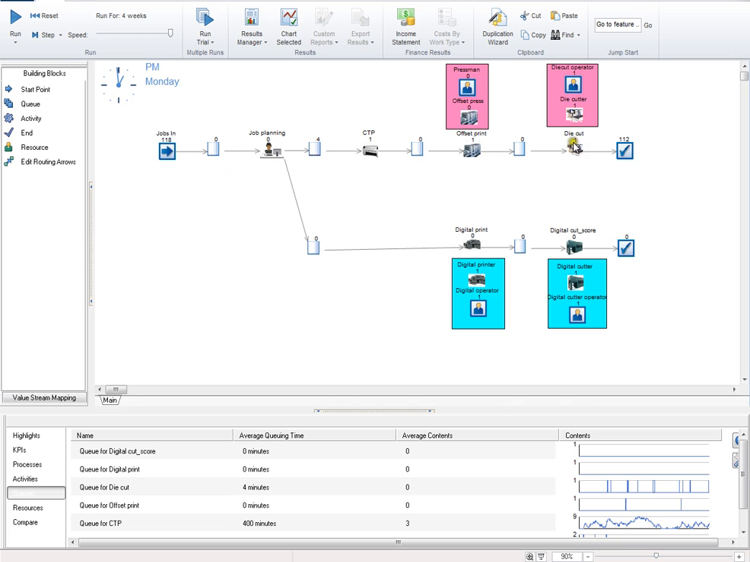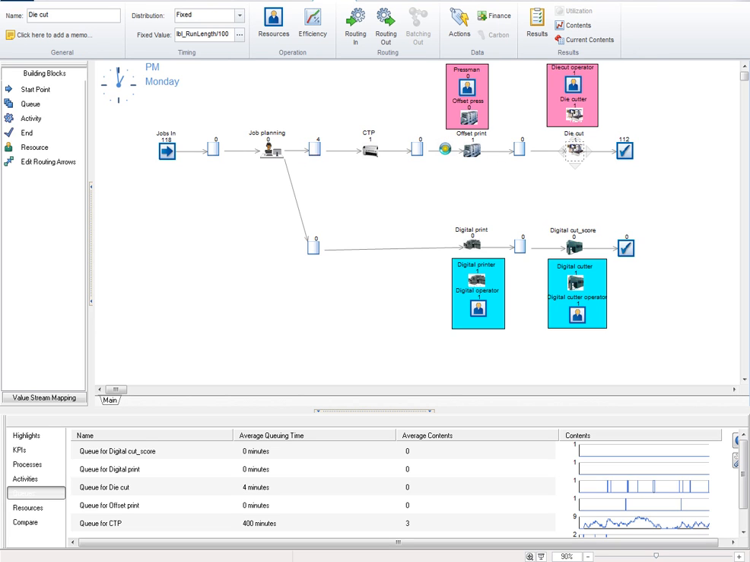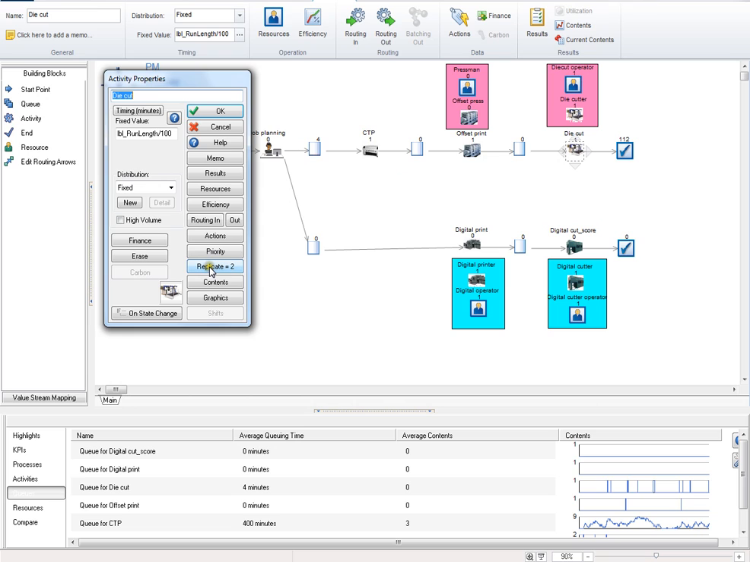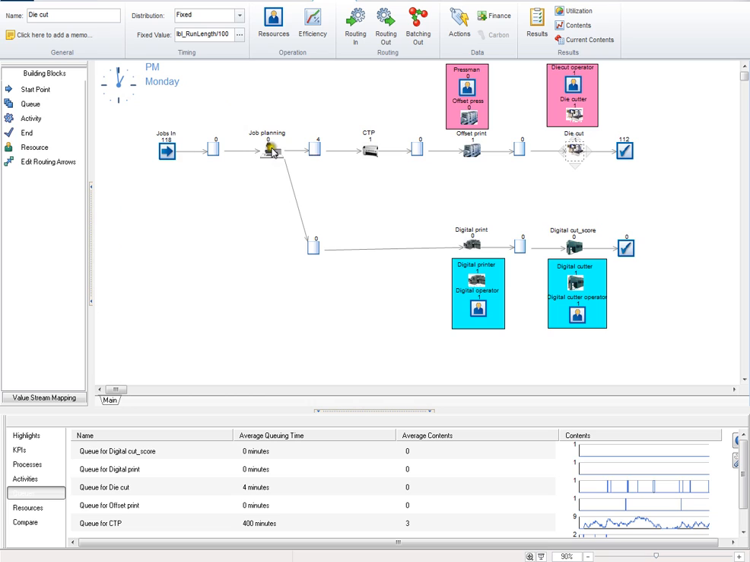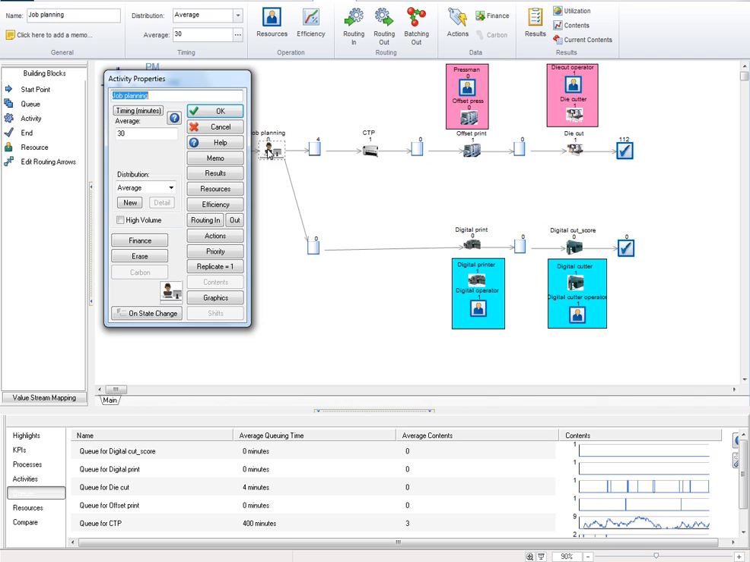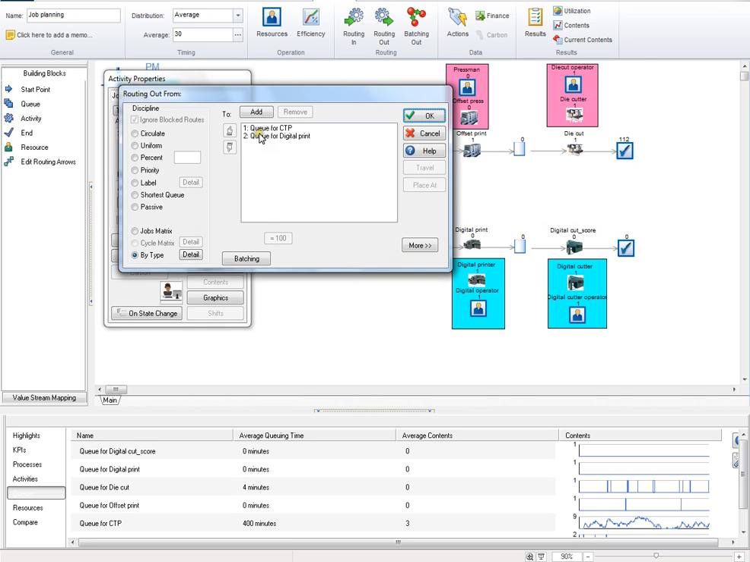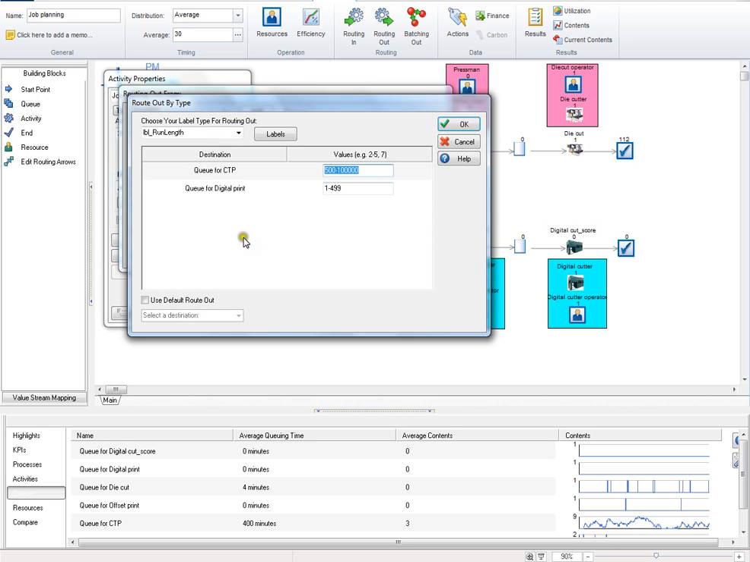If we take out one of the die cutters, though, we'll take this down to a single die cutter, and we'll introduce a digital workflow here. The job planner here can decide whether to route jobs to the analog or the digital routing. So here we've got the choice either to send them to the CTP or to queue for digital print. At the moment, they're all going to the digital print, but let's make this 6,000 as the cutoff for changing over, and that means we're going to have